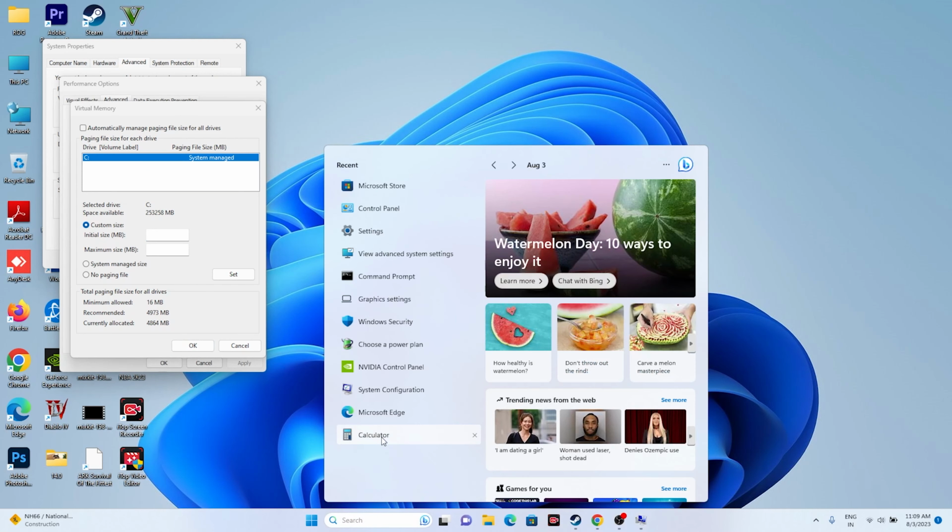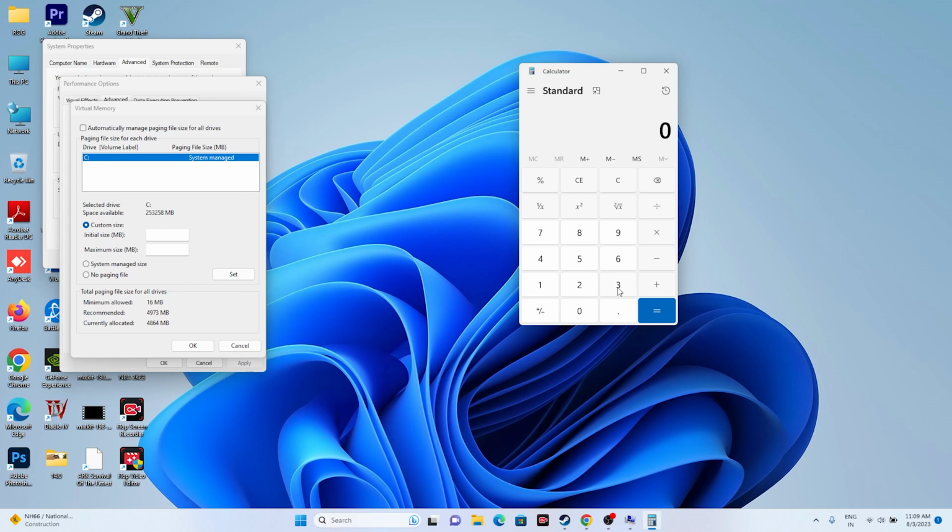So we need a calculator. Let me open the calculator. I have to type the RAM of my computer. My RAM is 32 GB and I have to multiply it with 1024. That brings you 32,768, and I have to multiply with 1.5. That brings you 49,152. Now we have to copy and paste it and move to the